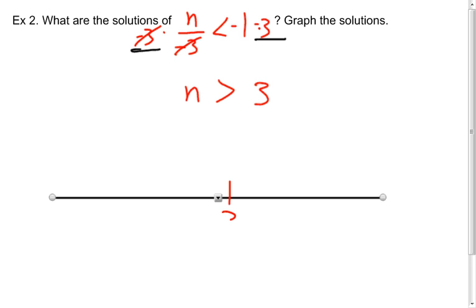3 is the number I care about. I need another number on both sides. There's no equal part, so open dot. The sign is pointing to the right, so I shade to the right. Okay, the key with that one, I multiplied both sides by a negative number, so I have to switch the